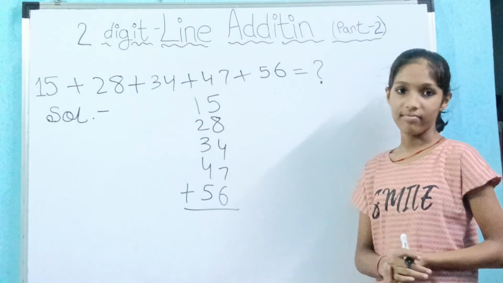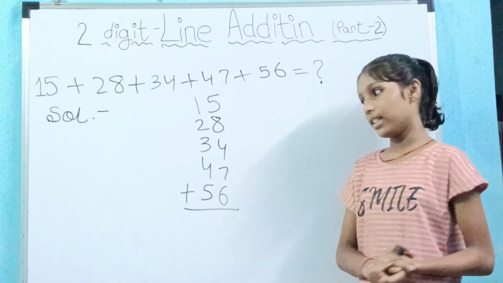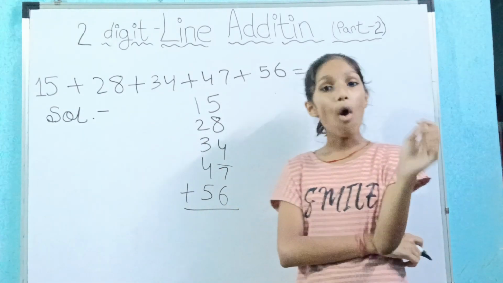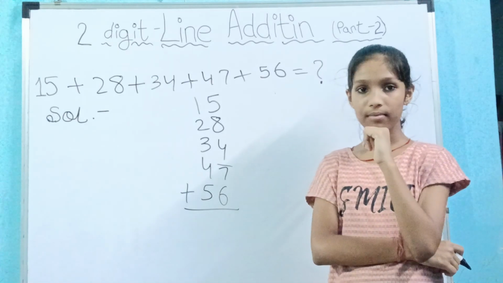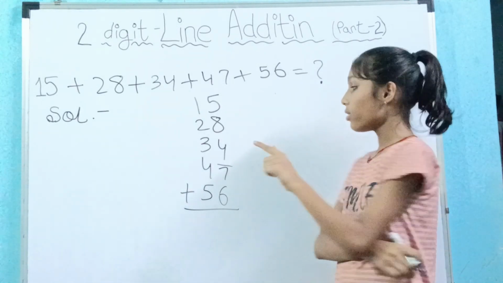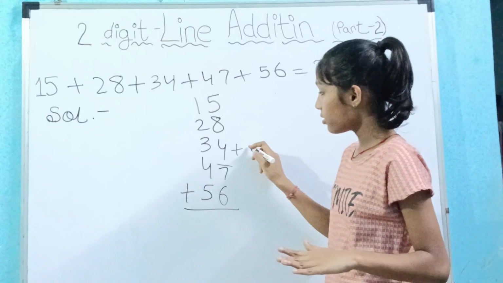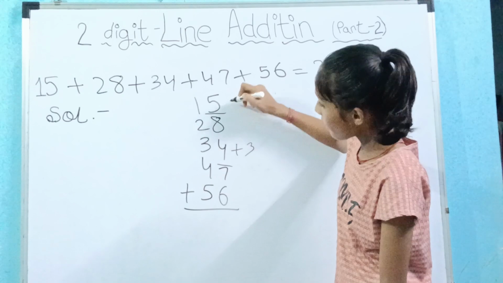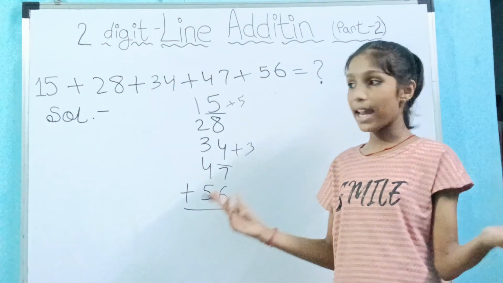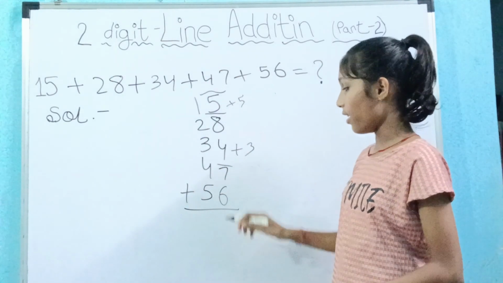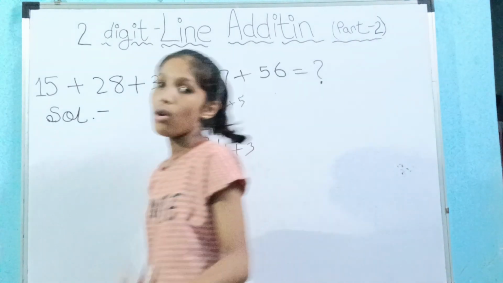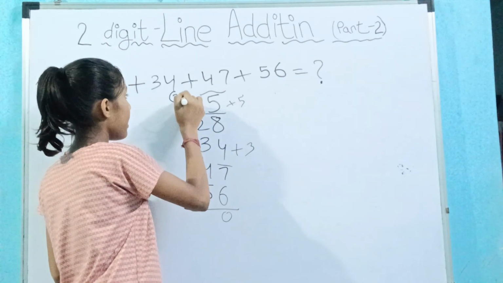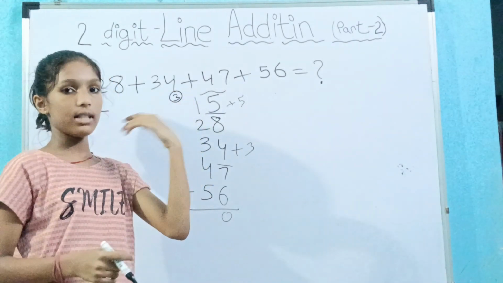Now let's start solving. 6 plus 7, it is 13. Make a line here, and you're dropping 10 and adding the 3 to 4. So 4 plus 3, what do you get? 7. 7 plus 4. Here you're going to drop 3. 4 plus 3 is 7. 7 plus 8 is 15. Drop one line here and 5 will be here. Now 5 plus 5 is 10. Draw a line here and write 0 here. Next step, count the lines: 1, 2, 3. 3 lines again. So we'll make 3, writing here the portion in the tens place.